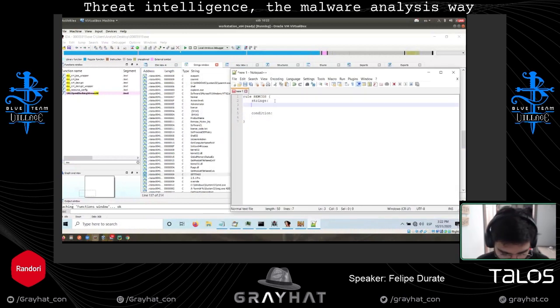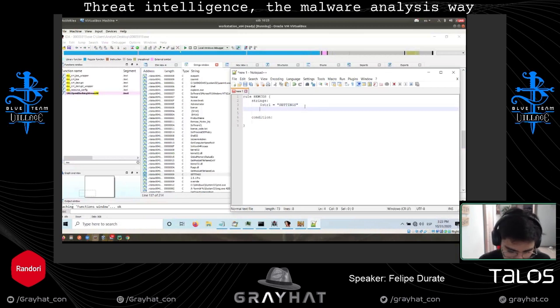So how does this thing work? I'm going to say, okay, I want a rule. String one will be, let's suppose, settings, because we know that this sample needs settings, otherwise it won't decrypt the configuration.